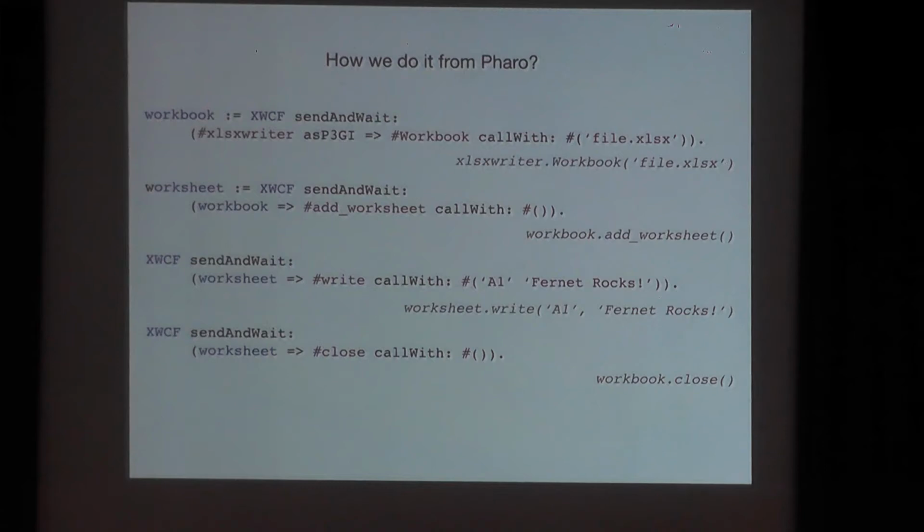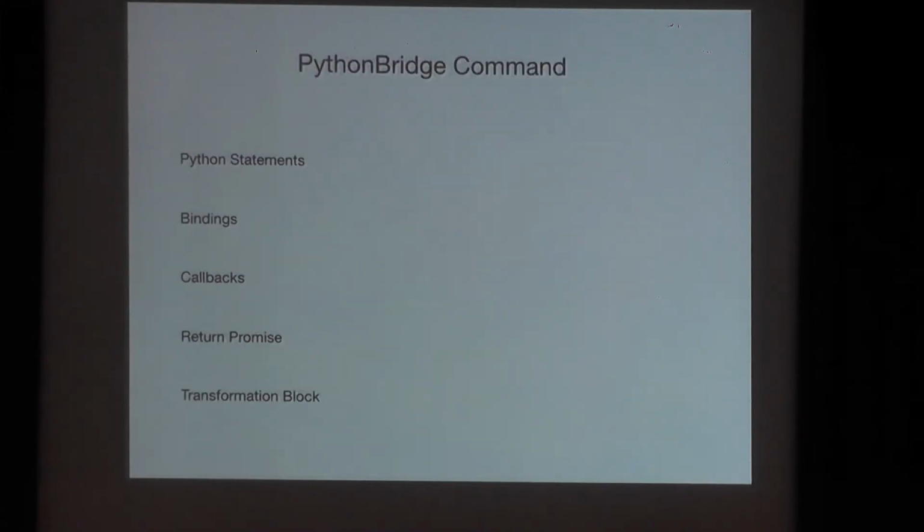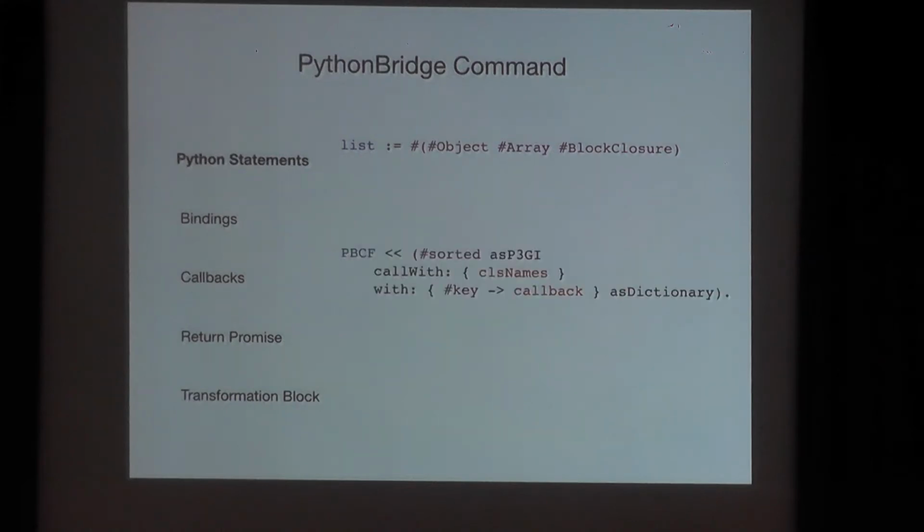So for this example, it's something like this. So I'm going to describe a little bit how this works. So first, in Smalltalk, we have a list of objects. In this example, the class in strings. So then we send a message sorted in order, to sort these objects as a Python tree generate identifier. That is another project from